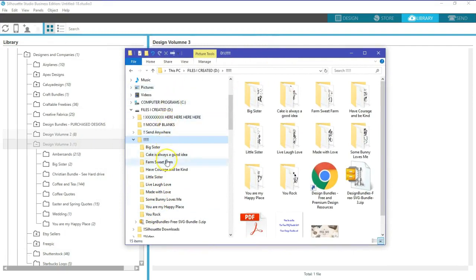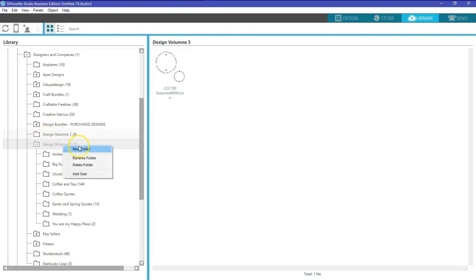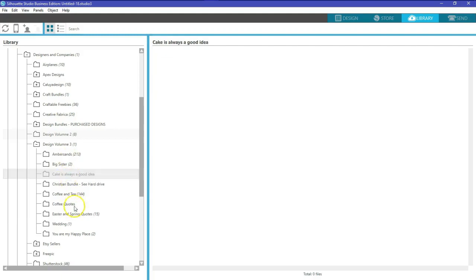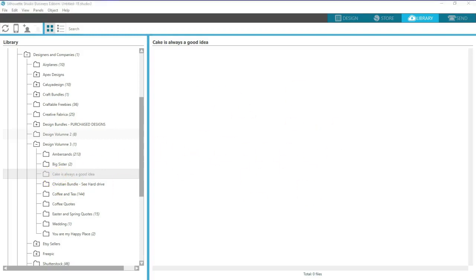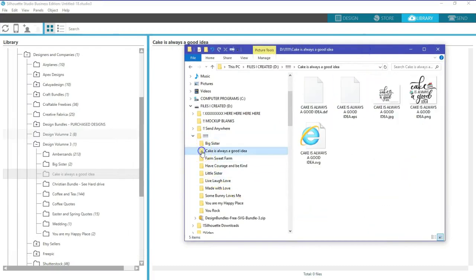So I'm going to just pick Cake Is Always a Good Idea, because, you know, cake is always a good idea. So new folder, and it creates it down here. Cake Is Always a Good Idea, and then hit enter, and it will alphabetize it for you, and it will open the folder so it's blank over here. So all I have to do is open the folder here,